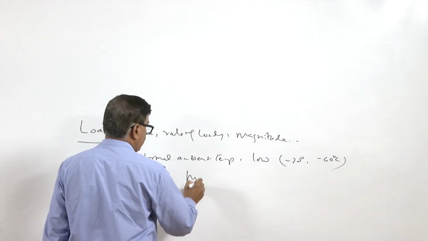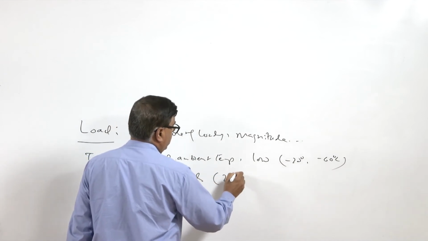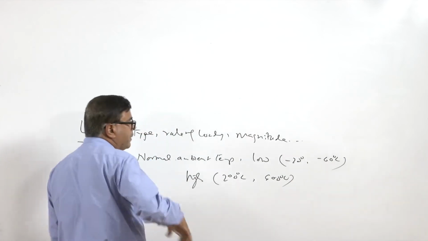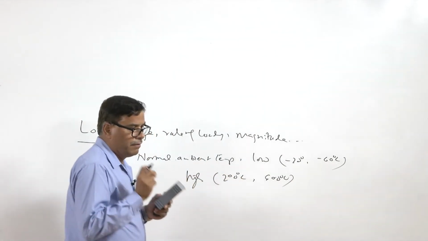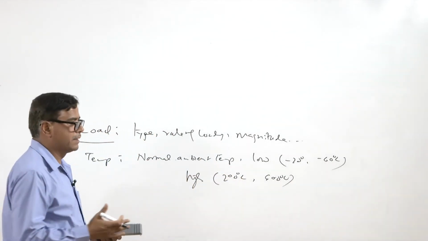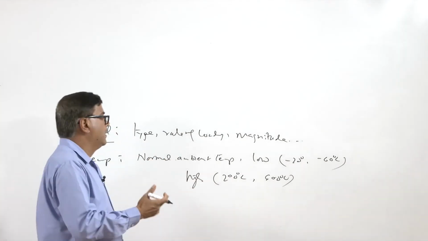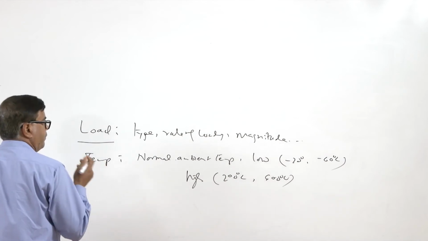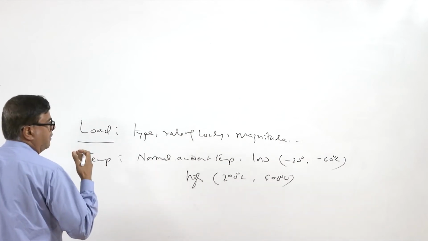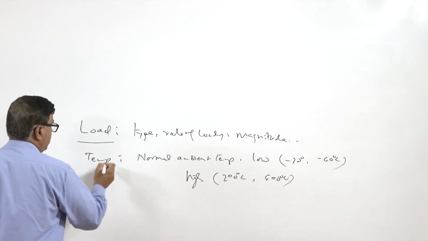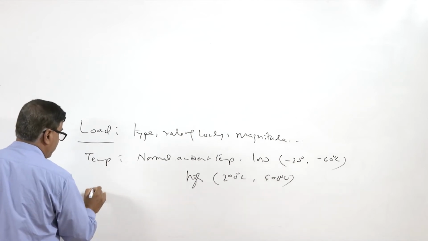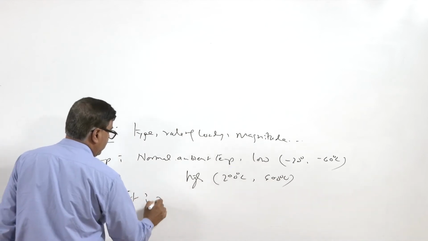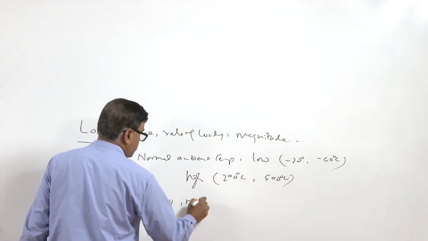Similarly, there can be high temperature conditions, 200 degrees centigrade or 600 degrees centigrade as per the application, and accordingly the component will be designed, a suitable material will be selected, and it will be heat treated accordingly so that it can perform the required service. And then apart from the temperature, there can be environment, which may be a dry environment, or a moist environment,